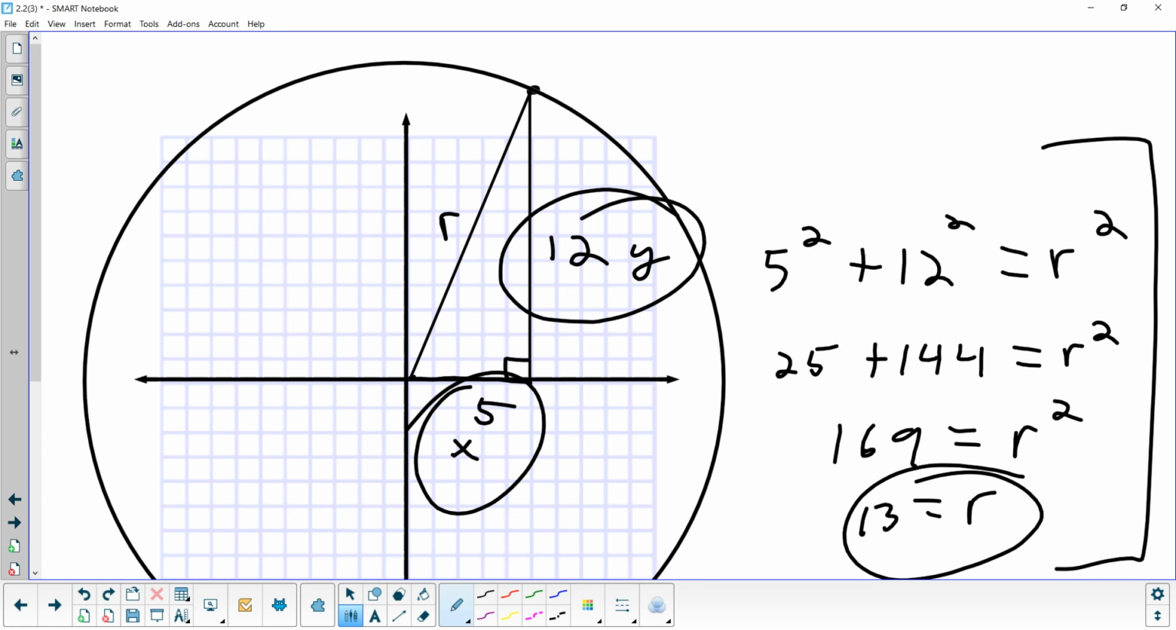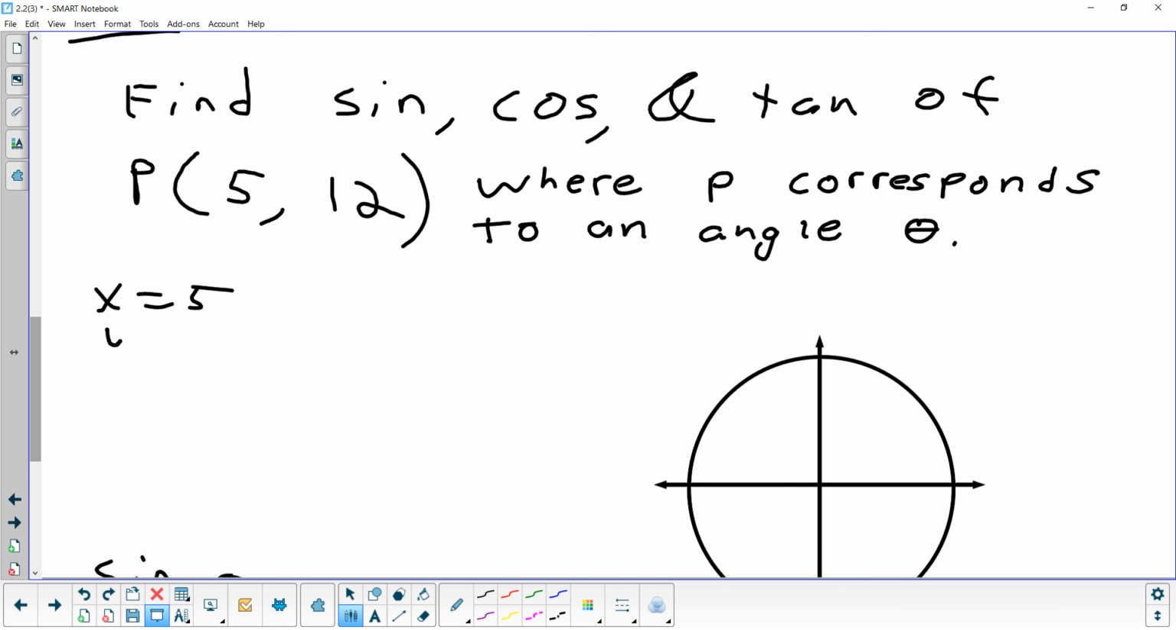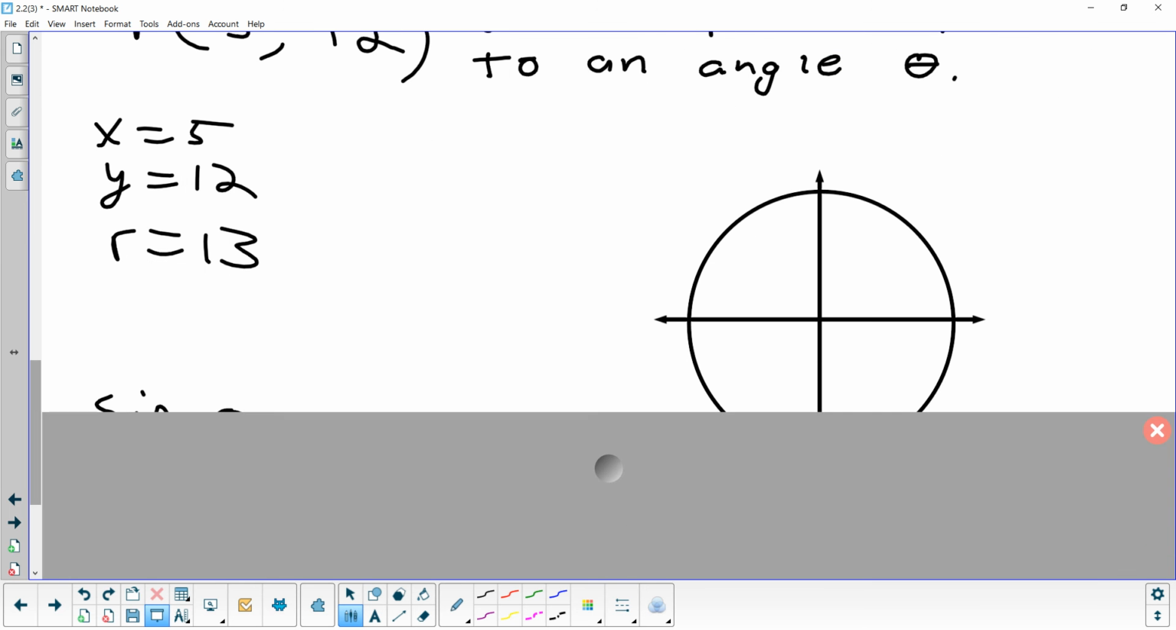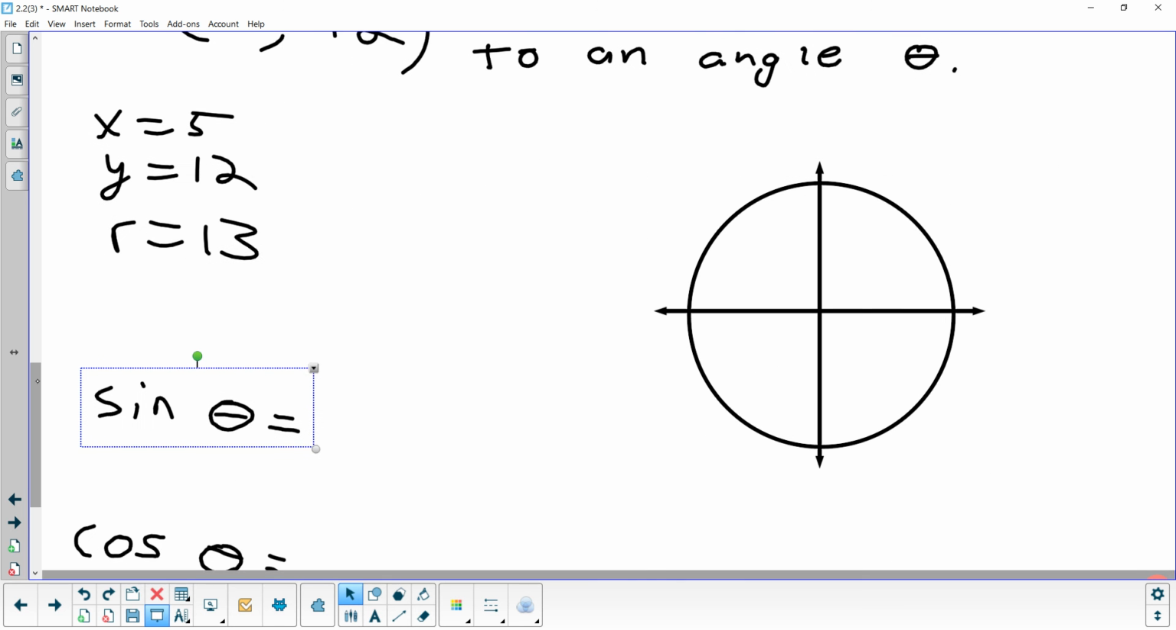Now everything else is exactly the same. Just remember those three numbers. In fact, I'll write them down. X is 5, y is 12, r is 13. All right, so let's start with the sine. Anyone think they can tell me the sine of the angle represented by the point (5, 12)? Pete? 12. Yep, 12, that's the first part, over r,